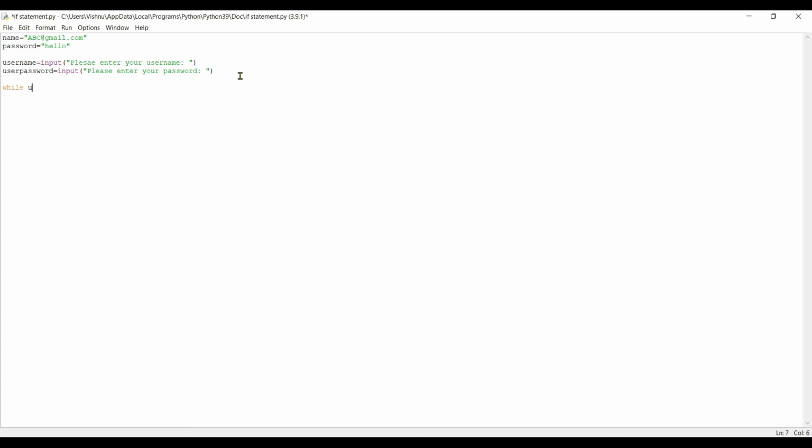While username is not equal to name, or user password is not equal to password, what we want to do is we want to print "please check your username and password".